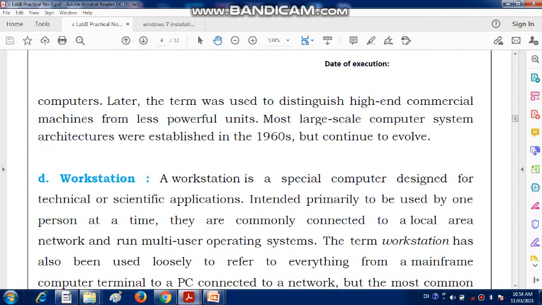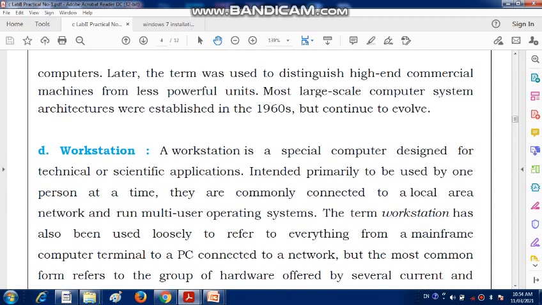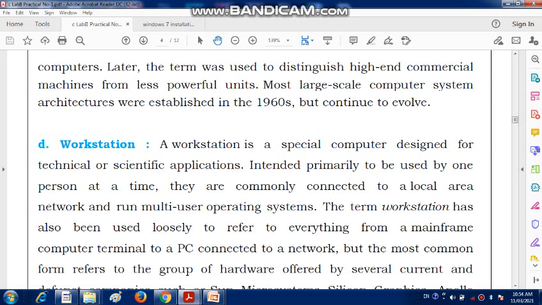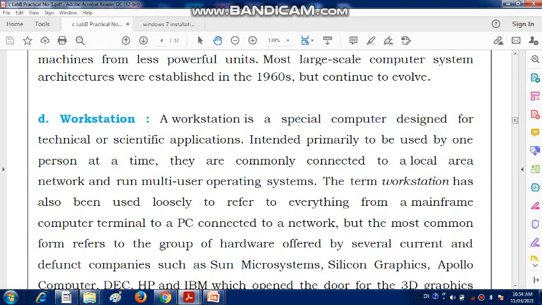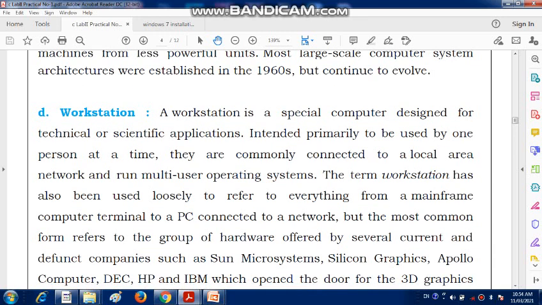The next type is the workstation. The workstation is a special computer which is designed for technical and scientific applications. Whenever you have to perform technical and scientific applications, we try to use a workstation. It is intended primarily to be used by one person at a time. They are commonly connected to a local area network, that is the LAN, and run a multi-user operating system.